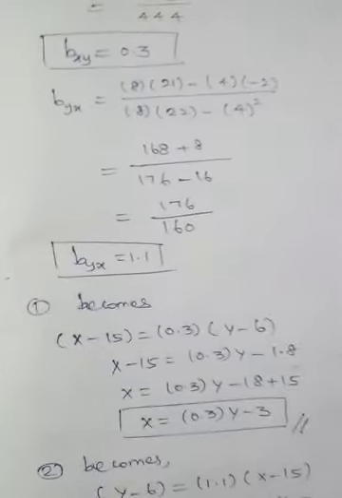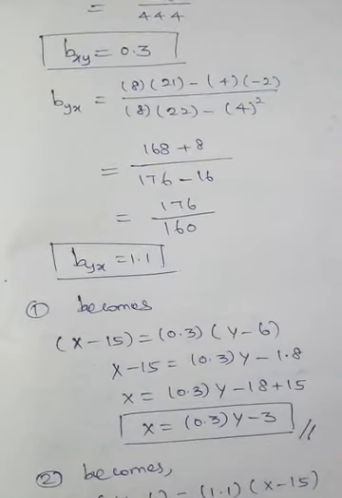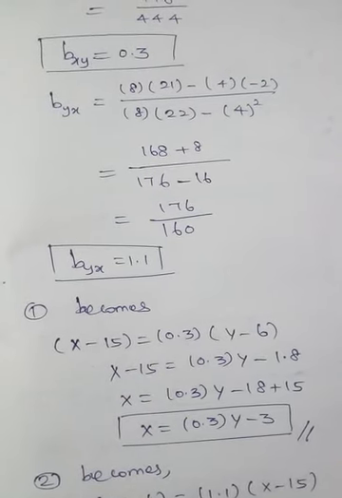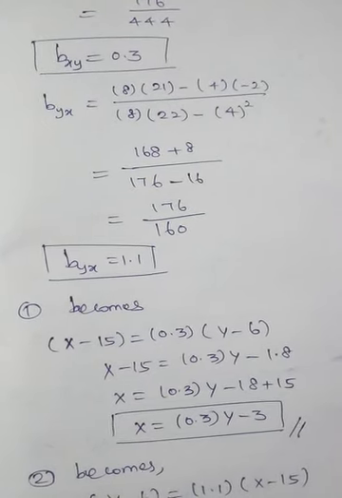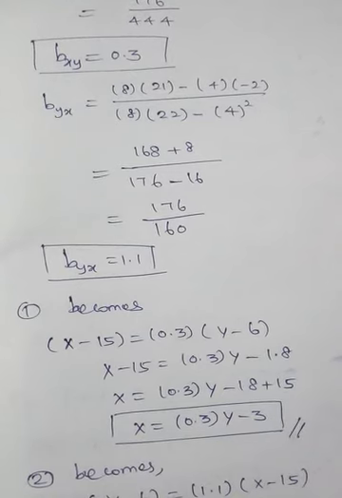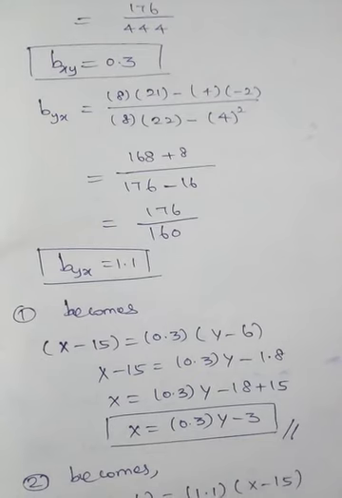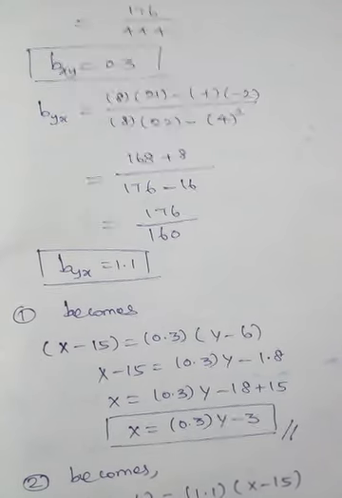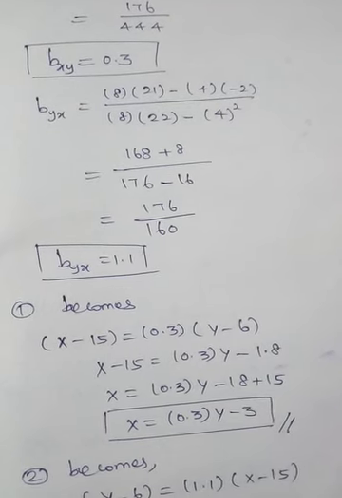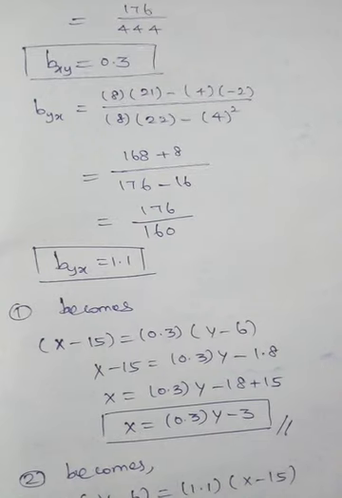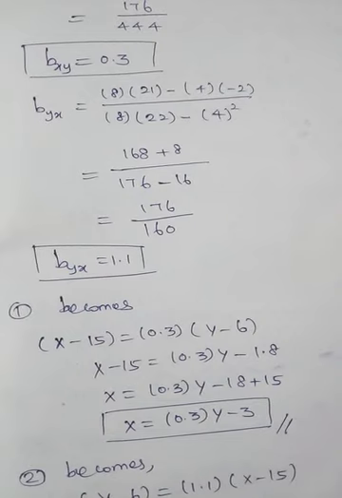Just substitute the values. Keep x as it is. What about the x bar? Already we have found the value of x bar is 15, which is equal to the first regression coefficient bxy, 0.3, into y minus y bar, that is 6. Okay, and then simplify. x minus 15 is equal to 0.3 into the bracket. So 0.3 into y, and 0.3 into minus 6 will be minus 1.8. And then keep x on this side. Take this minus 15 to the right hand side, it will be plus. Okay, 0.3 y keep as it is, and then minus